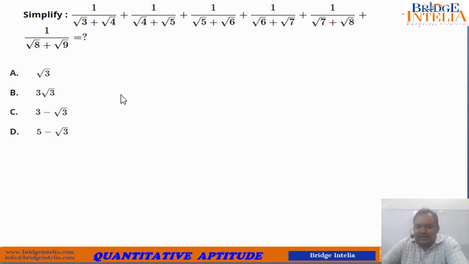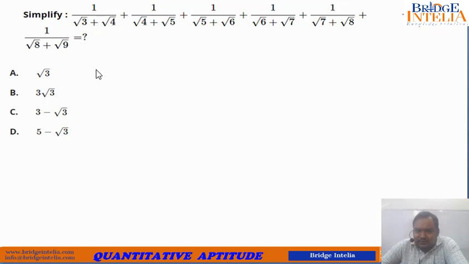Now let's have a look at this series. So we have to simplify this. If you observe something, things will become very easy. Look at the terms root 3 plus root 4. So if you rationalize them by using root 4 minus root 3, the denominator would become 1. So the question is very clearly begging you to rationalize the terms. So let's rationalize the terms first.